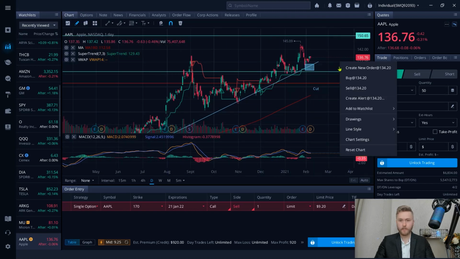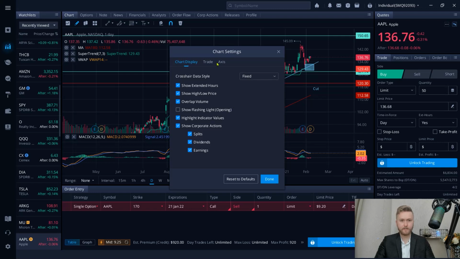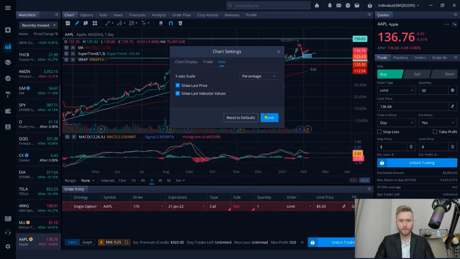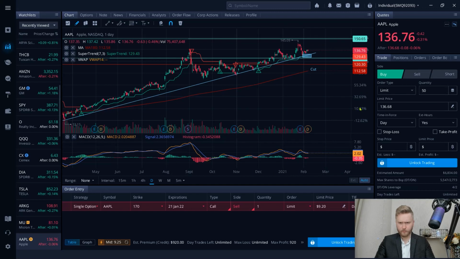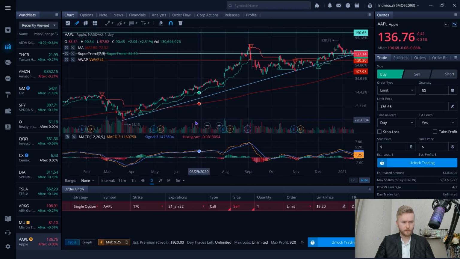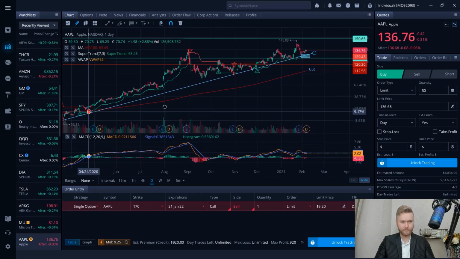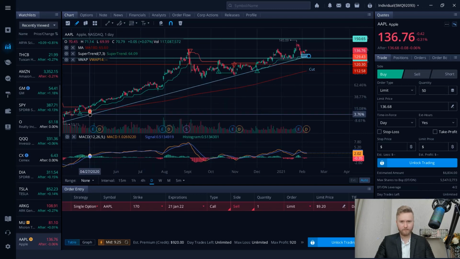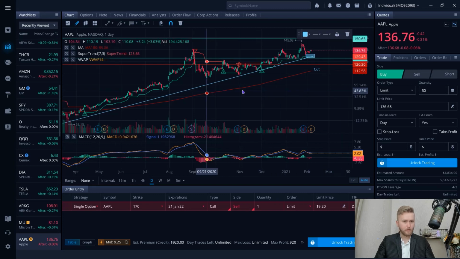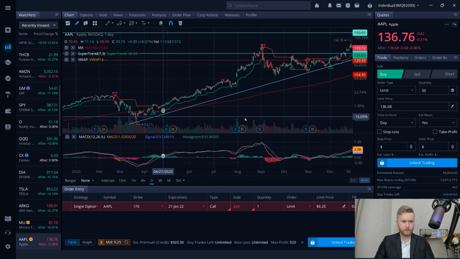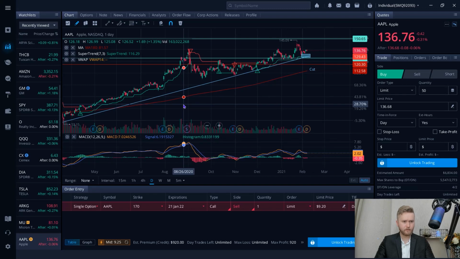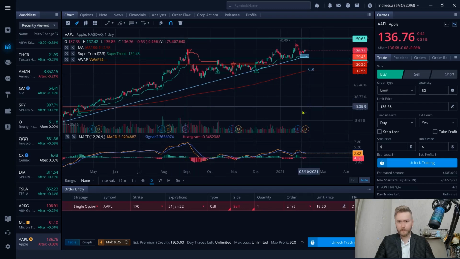See down here, we can actually go ahead and go to chart settings. This is the easy axis, switch from linear to percentage. So we can see this is how much percent it's up. So start at this, for what's visible, it's going to be 0. So this is March. In March, let's go coronavirus. Okay, so that's right at the coronavirus, you see. Man, I really need to get in the habit of locking those things. Okay, so you can see coronavirus dip, boom, right here. Let's move that into what's visible so we just have a good idea. Okay, that's fine. So that's going to be 0%, and then up till right now is